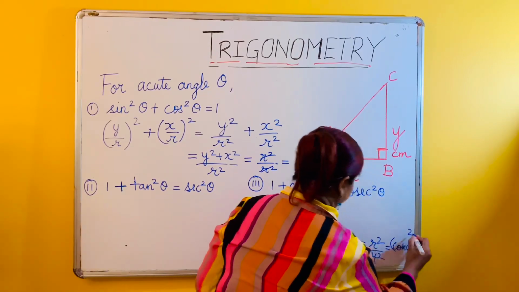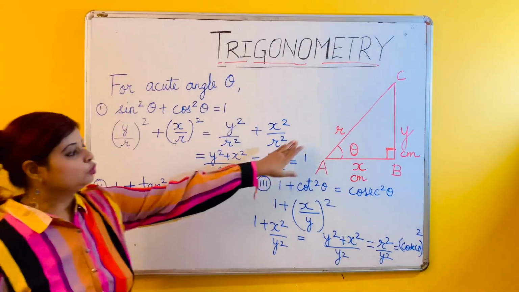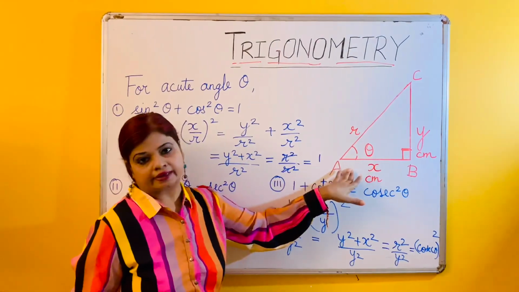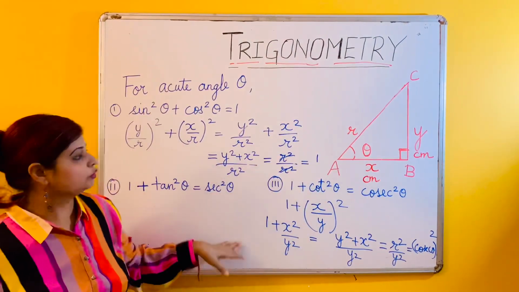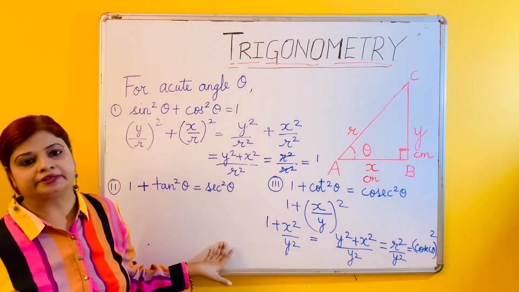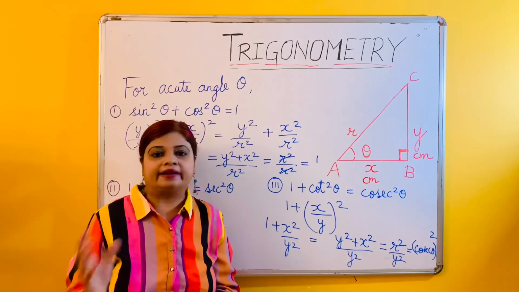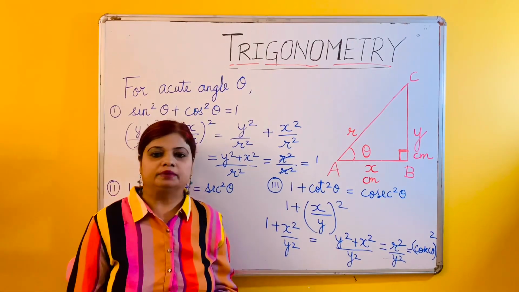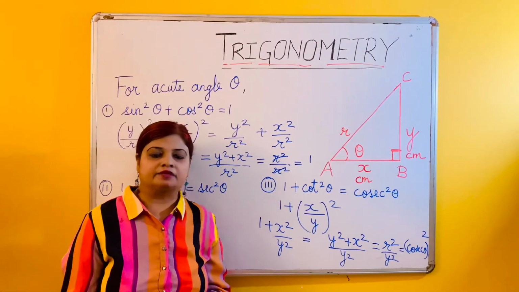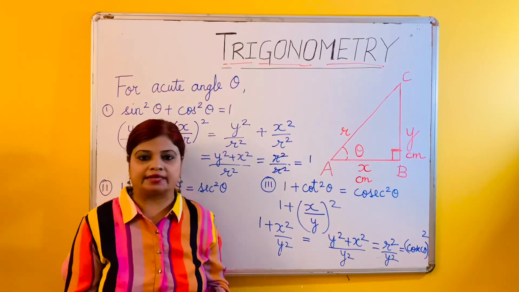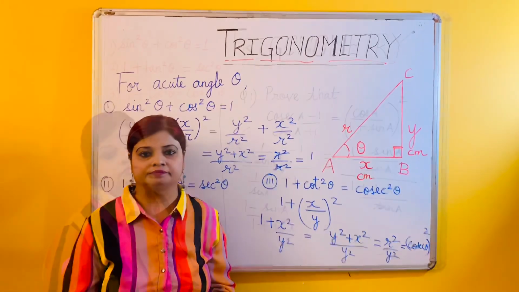So using the three sides of a triangle and Pythagoras theorem, you will be able to prove these identities. Now these are identities, so you can directly use them in a given problem. We will be taking a few problems here so that you understand what I was talking about.